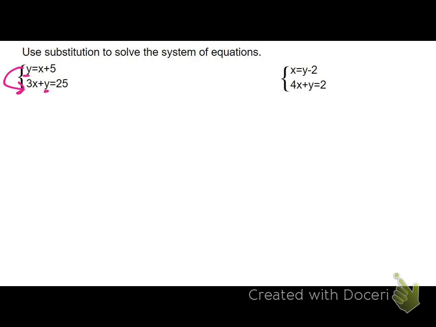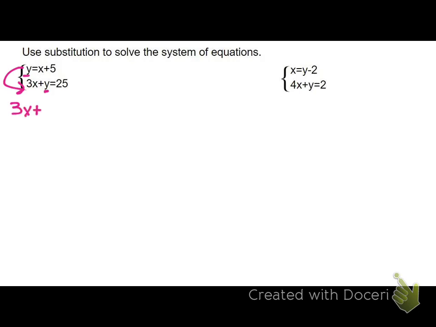Guys, look. It's saying y equals x plus 5. If I'm going to substitute this equation into this one below it, when I see this y, what am I going to substitute in place of the y? What does y equal? x plus 5. Yeah, x plus 5. All that has to go with it, okay? So we're going to have